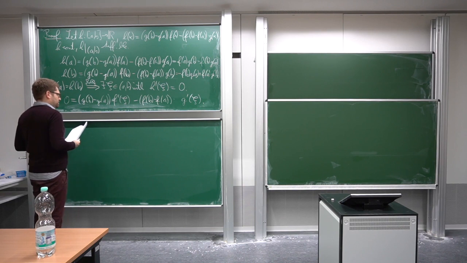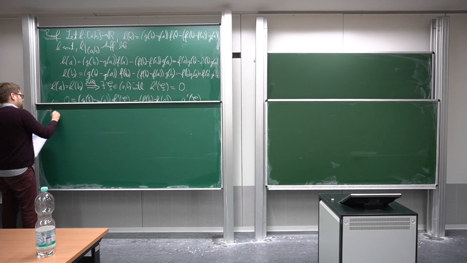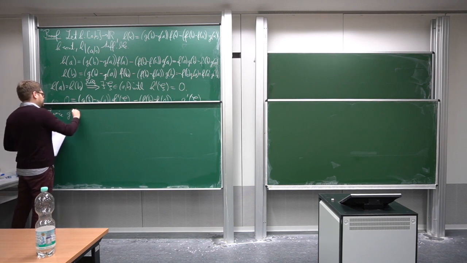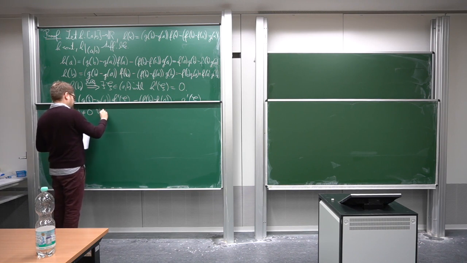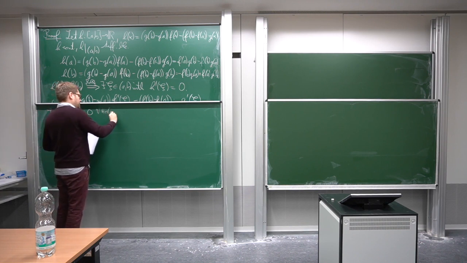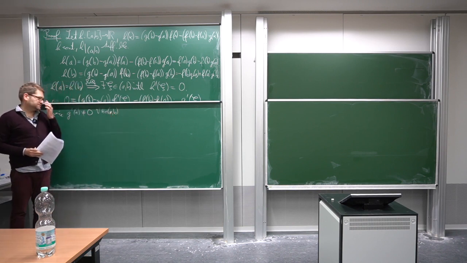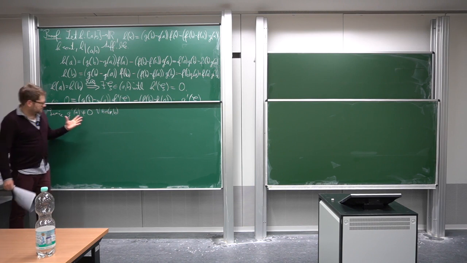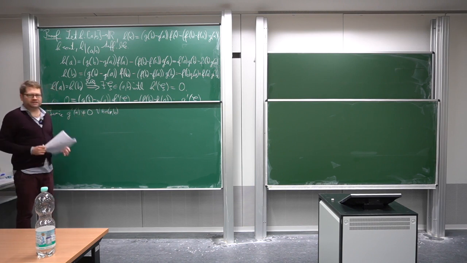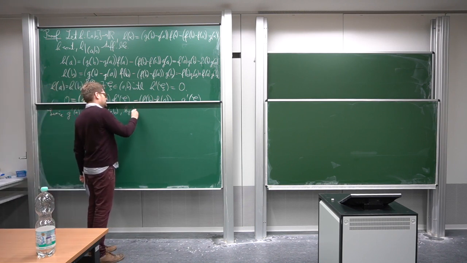So we just need to make a few arithmetic computations here and see that we can. Namely, since by assumption g prime of x is not equal to 0 for all x in (a, b), we can just use Rolle's theorem conversely. Rolle's theorem says if g of a is g of b, then we would get some position where the derivative would be 0. But if the derivative is non-zero, then the values of g at a and b cannot be the same. So by Rolle's theorem,